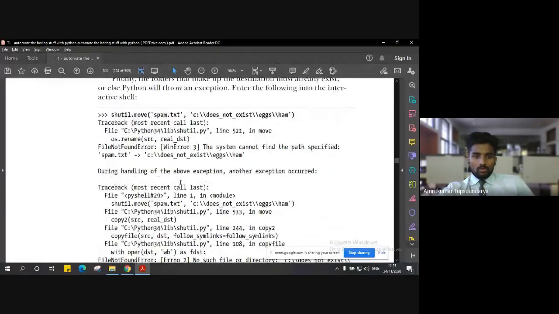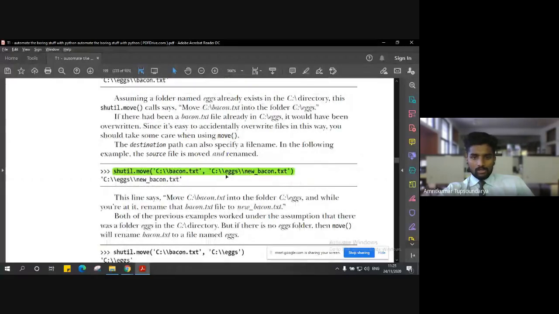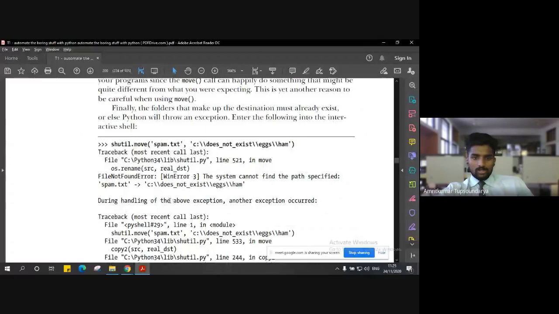Of course, the care that you have to take here is with the locations. If you are giving a location which is not valid, or if no such directory or folder exists, then you will get an error that this is an invalid path, or this path does not exist. You get an error that the system cannot find the path specified.